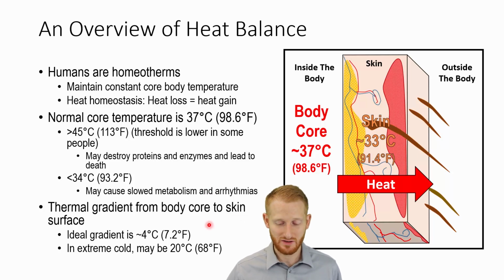And while I just mentioned that a 4 degrees Celsius thermal gradient is ideal, it can go much more extreme than this. For instance, in cold environments, it's definitely possible to have up to a 20 degrees Celsius difference between our core and our skin temperature. And this is going to start to require our body to do a lot of things in order to prevent